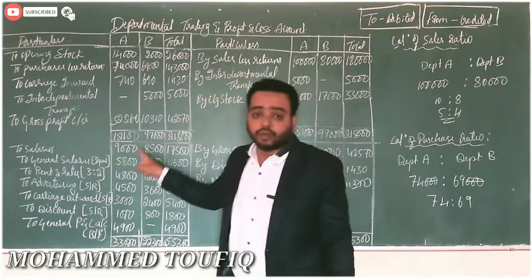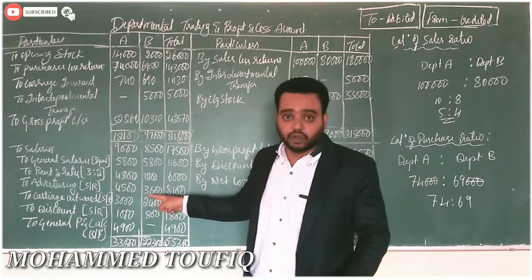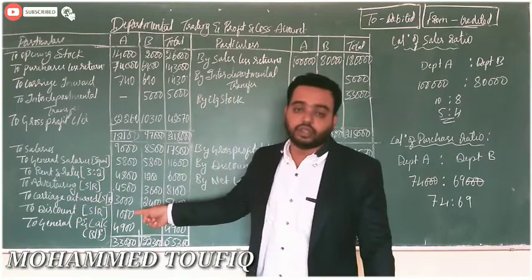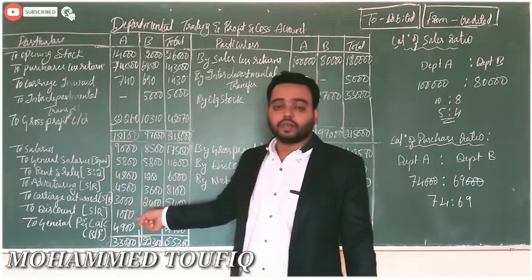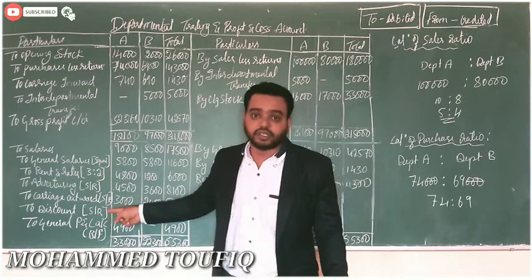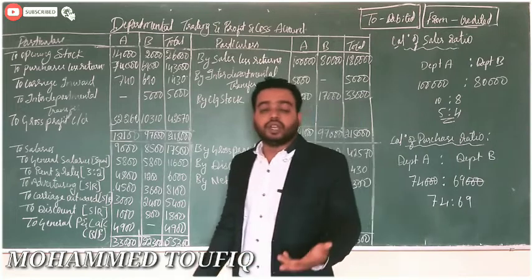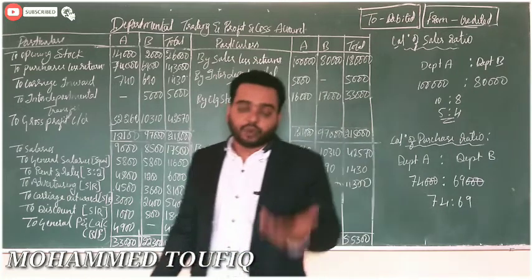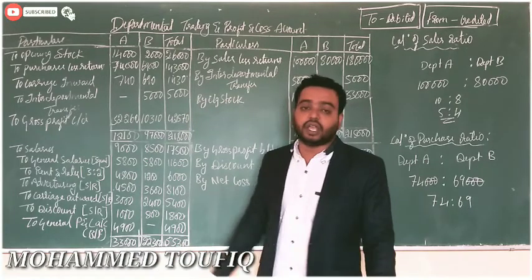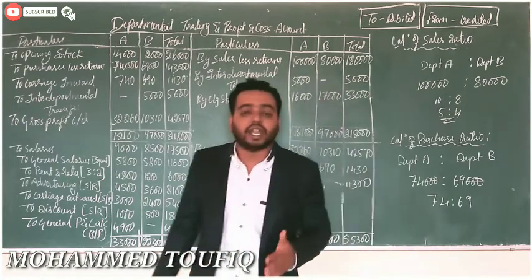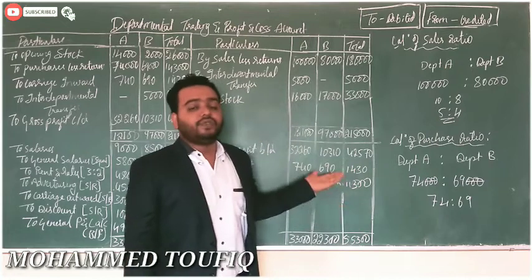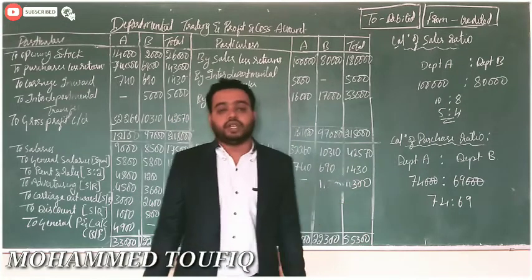From this gross profit, the account is continued as a profit and loss account, where all the indirect expenses are written on the debit side of the departmental trading and profit and loss account. The balancing figure can be a net profit or a net loss. If you get a balancing figure on the debit side of the profit and loss account, then it is considered as profit. If you get a balancing figure on the credit side of the departmental profit and loss account, then it is considered as a loss.